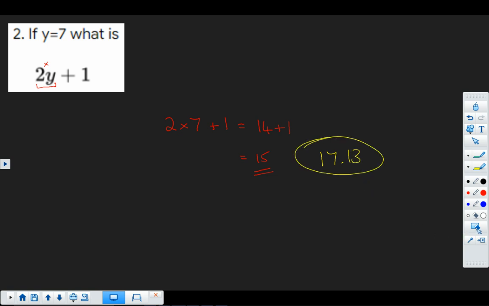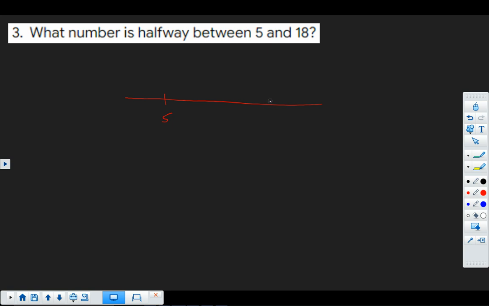17.13. Okay, it's quite an interesting question here that we're being asked: what is the number halfway? One way we could do this is to look at the difference, the distance between these two numbers. Well, that's 18 take away 5, which is 13. And we're after what's halfway, so we could divide 13 by 2, which is 6.5. And so we see that this number here is 6.5 on from 5. Okay, and that comes to